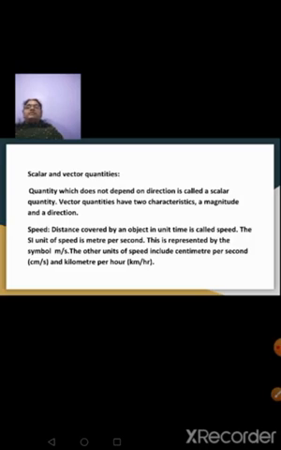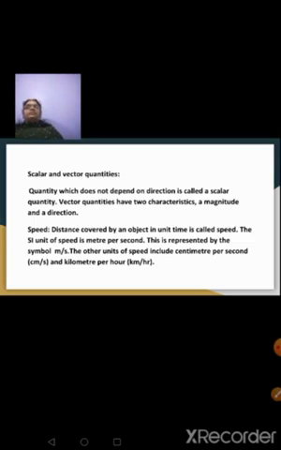In the upcoming slides, I have a separate slide to explain this. At that time, I'll explain with examples. Okay. Now you just learn what scalar and vector quantities are. When the quantity talks only about the magnitude, the number, but not the direction along which the object is moving, you call that quantity a scalar quantity. When the quantity talks about both magnitude and direction, you call it a vector quantity.